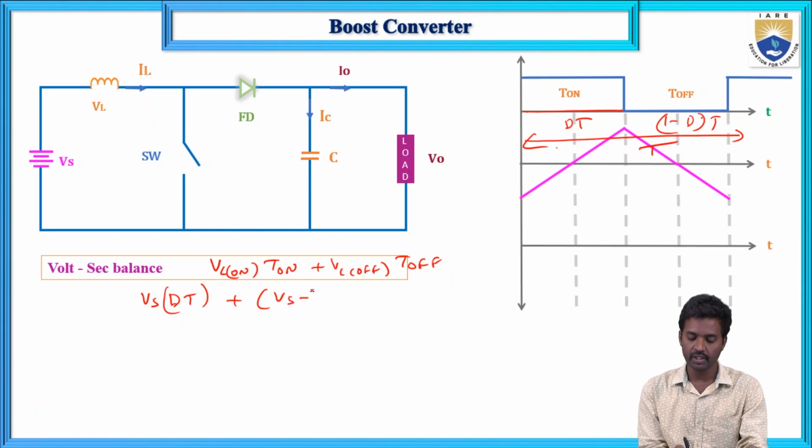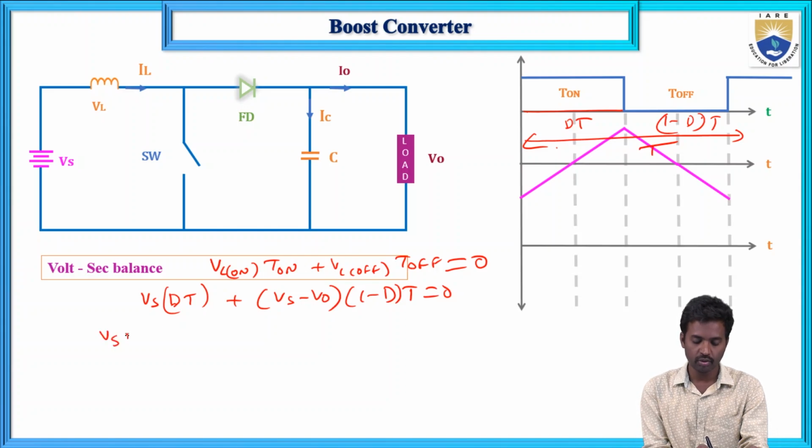So Vs minus V naught, and T off means (1 minus D) into T equals 0. This is the volt-second balance equation. So if you substitute VL on and VL off and T on and T off, and simplify, we get Vs into DT plus Vs into (1 minus D) into T,